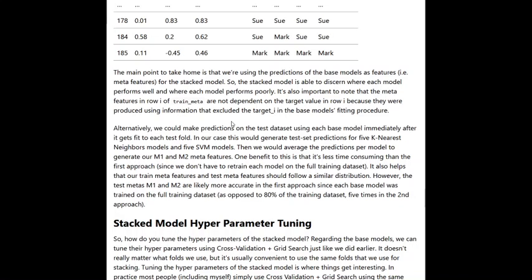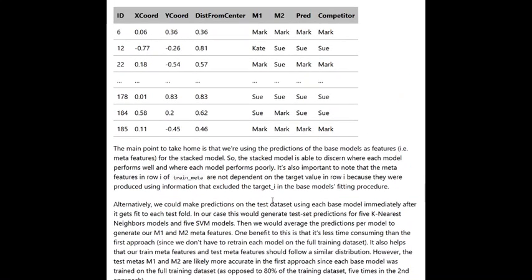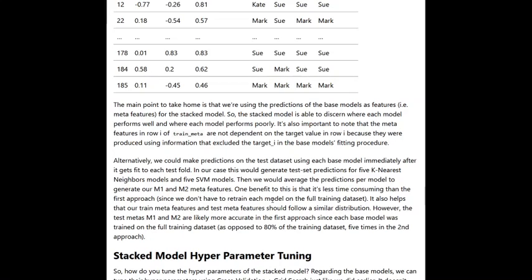As we can see from the table, the main point to take home is that we are using the predictions of the base models as features, that is, meta features, for the stacked model. So the stacked model is able to discount where each model performs well and where each model performs poorly. It's also important to note that the meta features in row i of train_meta are not dependent on